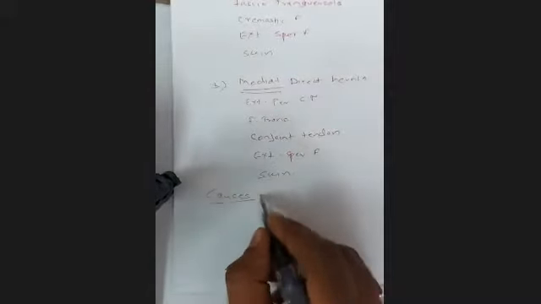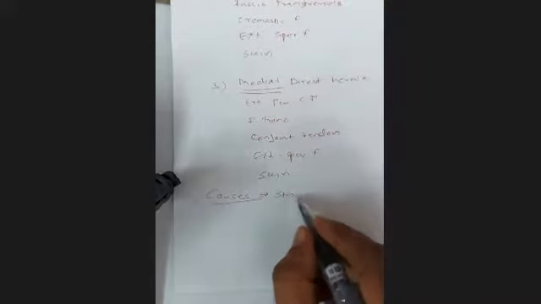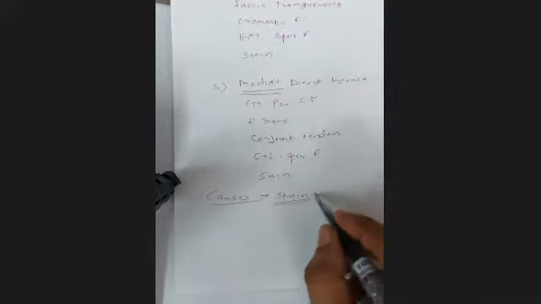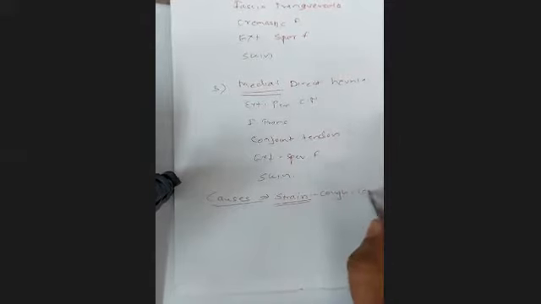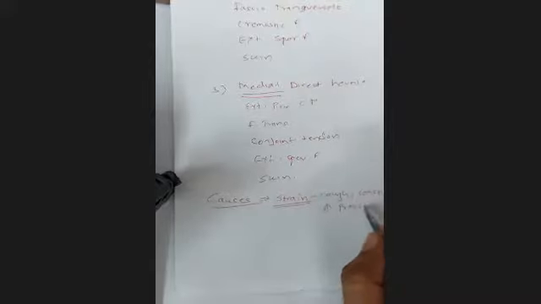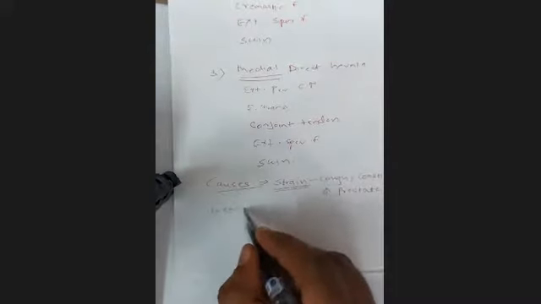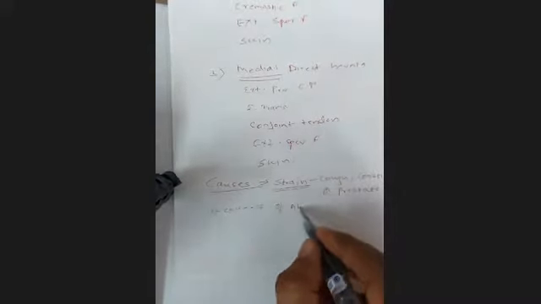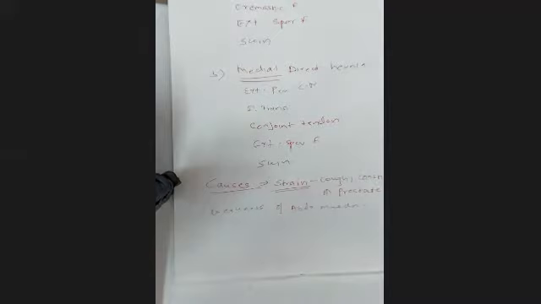What are the causes for this hernia? One is strain. Strain can be in the form of cough, constipation, or enlarged prostate. That will be the cause. Another will be weakness of abdominal muscles. So what is this weakness? If the patient has undergone appendectomy surgery, some of the nerves supplying these muscles, the internal oblique and others, are cut. So now internal oblique becomes weak, and internal oblique is responsible for the shutter mechanism.